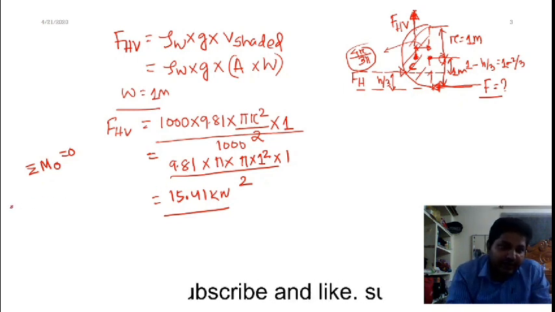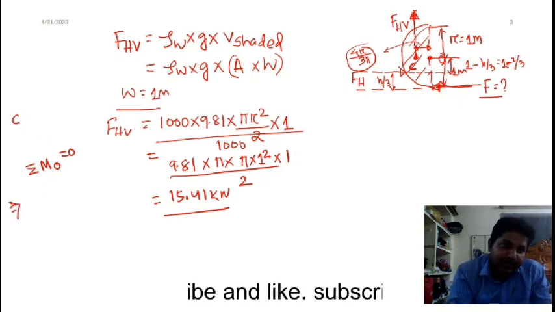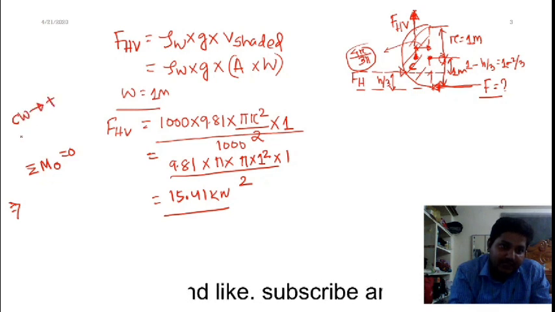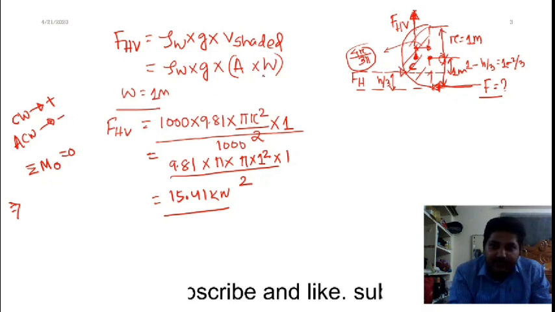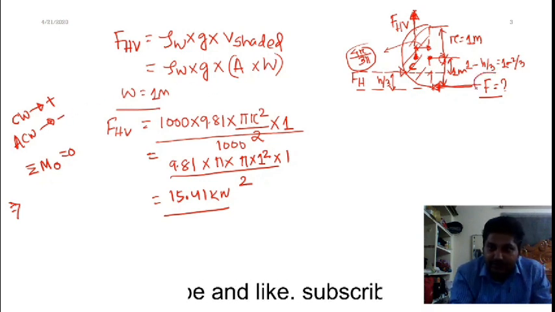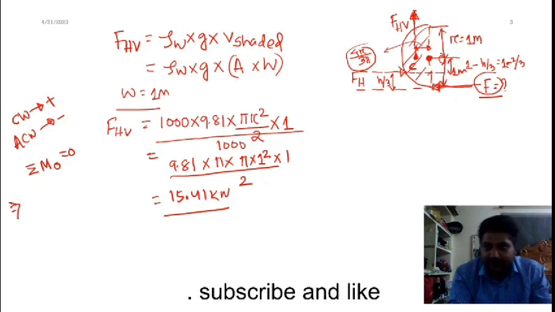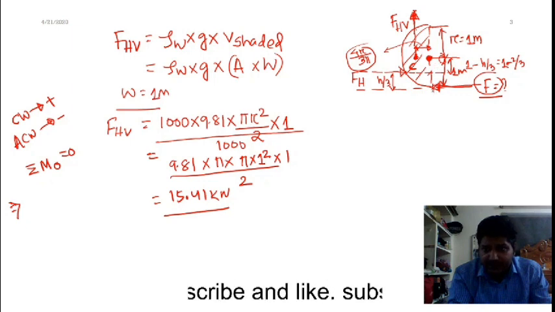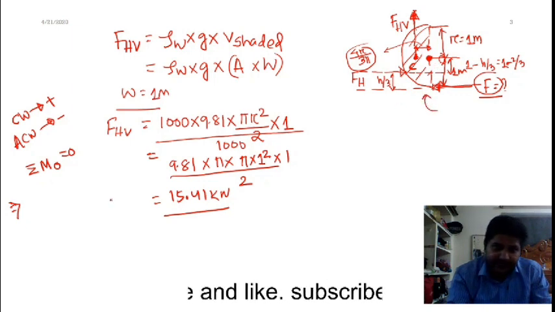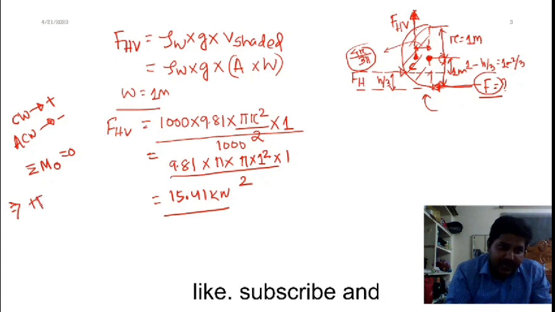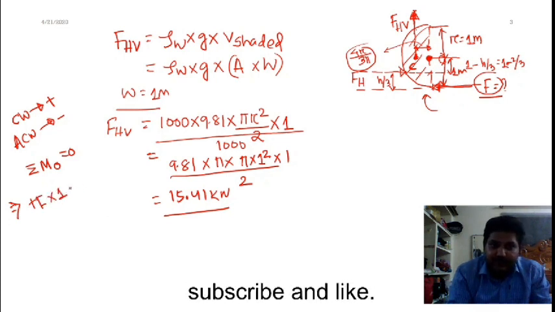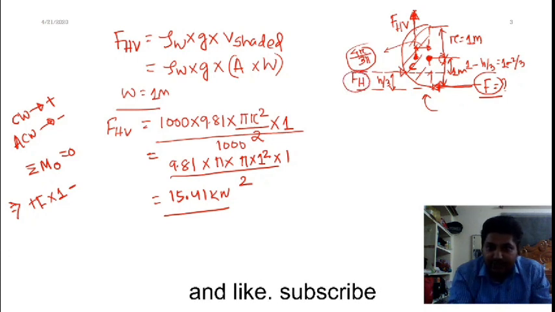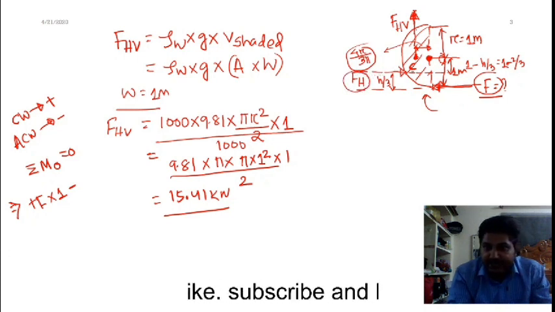Now if you write down the moment equilibrium, clockwise moment I am taking as positive, and anti-clockwise moment I am taking as negative. Now I am writing for this F, about this point. So F into this perpendicular, it is acting in clockwise direction. So I can have plus F into 1 meter perpendicular distance, and minus, because I am writing for this hydrostatic force in horizontal direction, into this perpendicular distance.